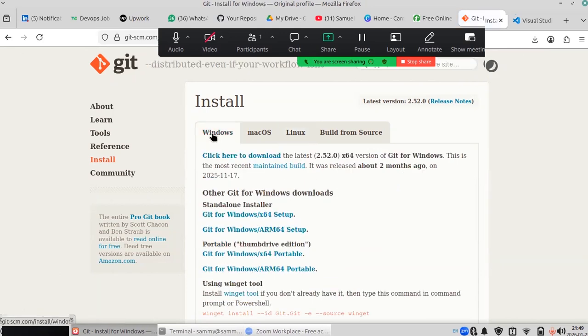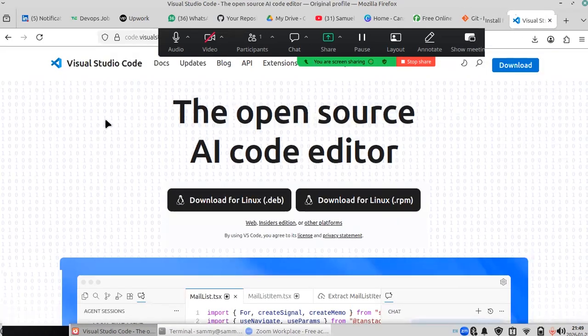Now that we have Git installed on our system, the next thing we are going to use for visualization is VS Code, Visual Studio Code. Visual Studio Code is a code editor by Microsoft. All right, it is very simple to use. You can download the one suitable for your operating system. Now that we have these three things set up,